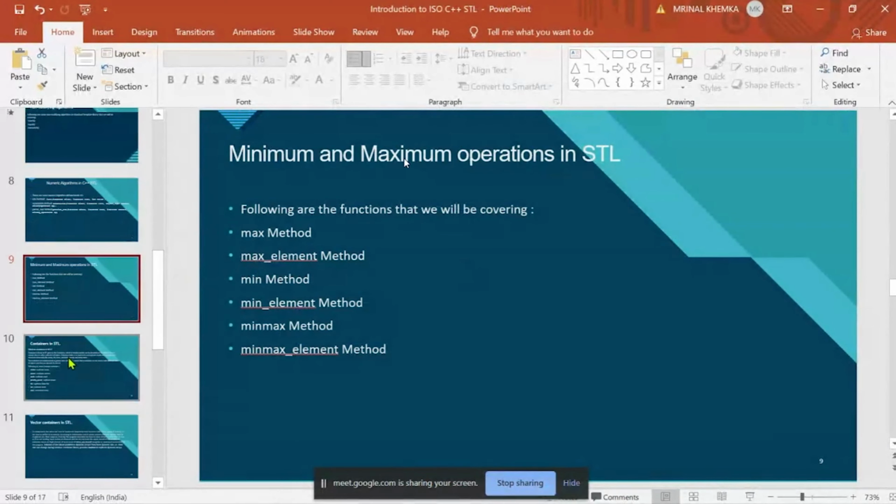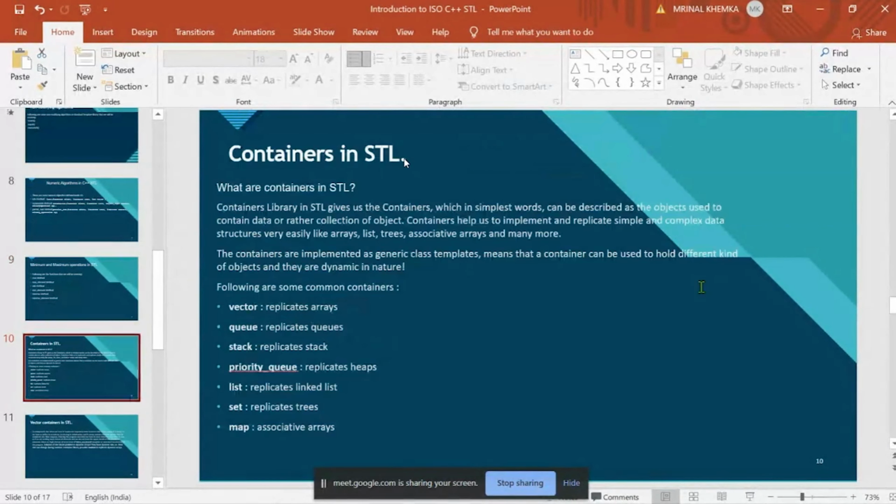Now let's talk about containers in STL. Containers, in simple words, can be described as an object that is used to contain data, or rather a collection of objects. Containers help us implement or replicate simple or complex data structures, like arrays, lists, trees, associative arrays, and many more.